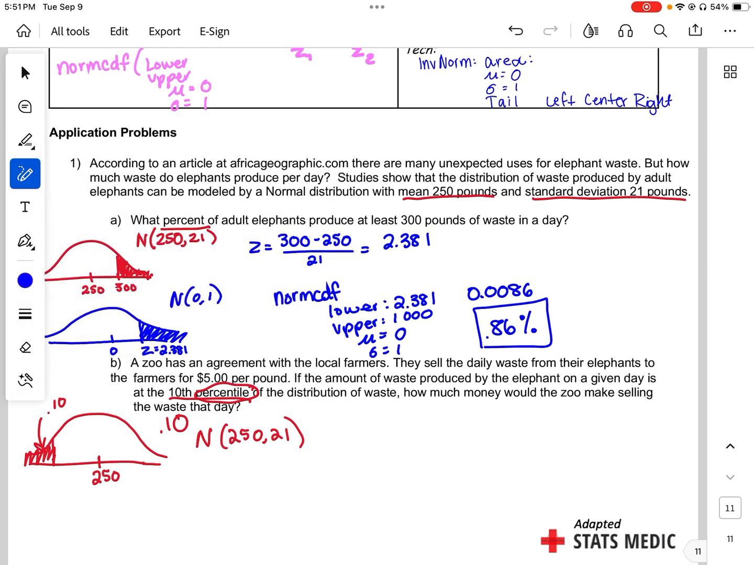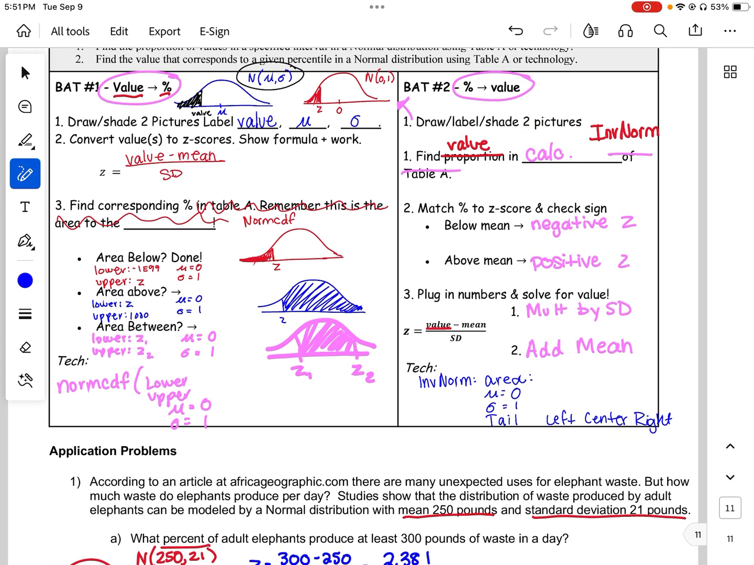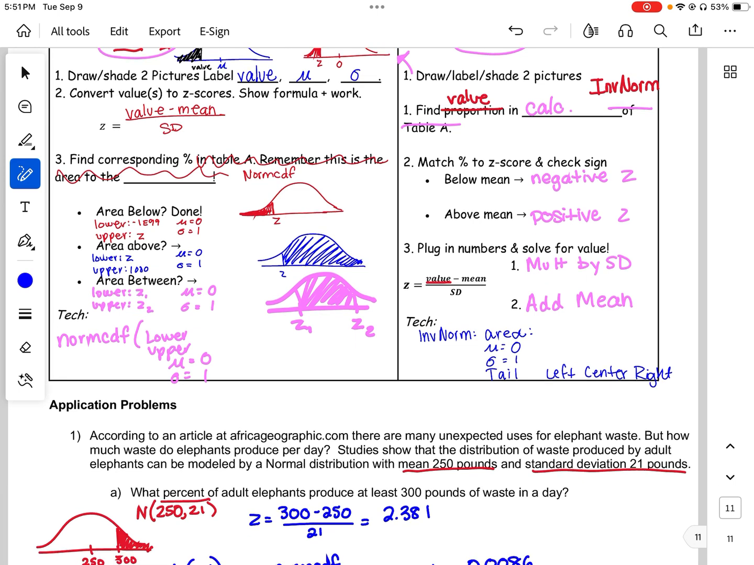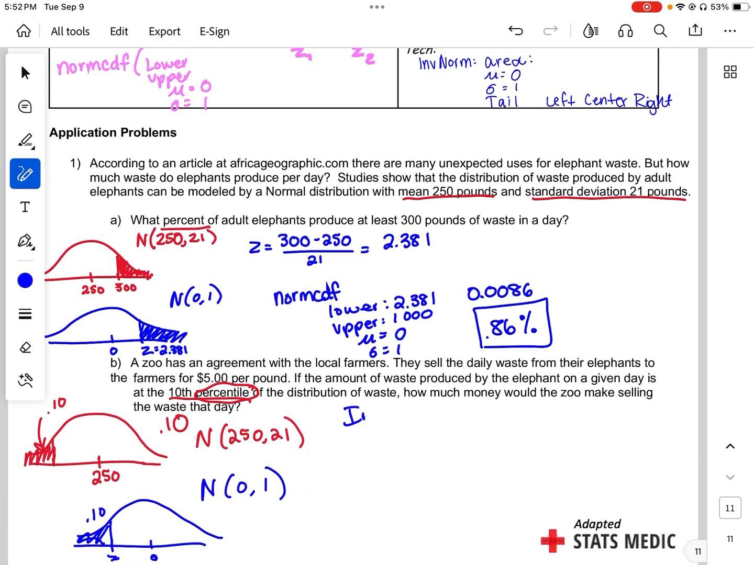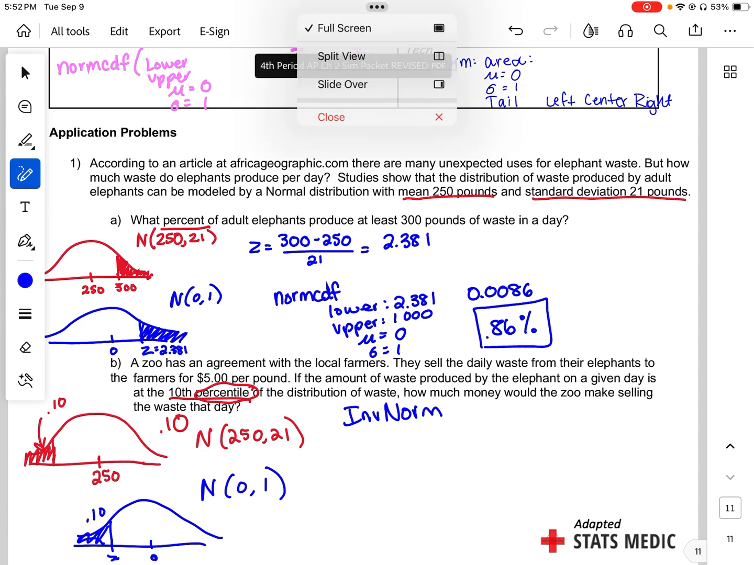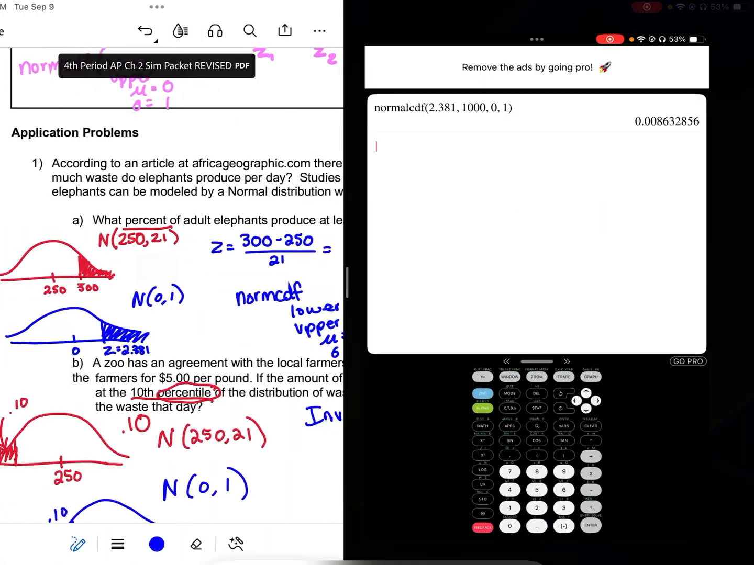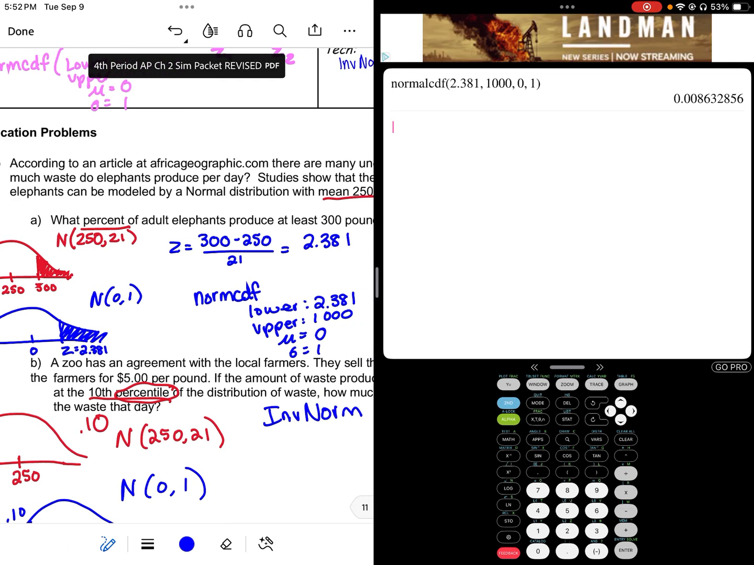Okay, so let's do the standardized normal. So N is 0, 1. So I know this is some z, and it's shaded. This is still 0.10. Okay, so we are using the right side of our instructions up here. Draw and label 2 pictures, already did it. Find the value in the calculator using inverse norm. So we're going to do inverse norm. And my calculator on here might be a little different. Let me see. It is going to be